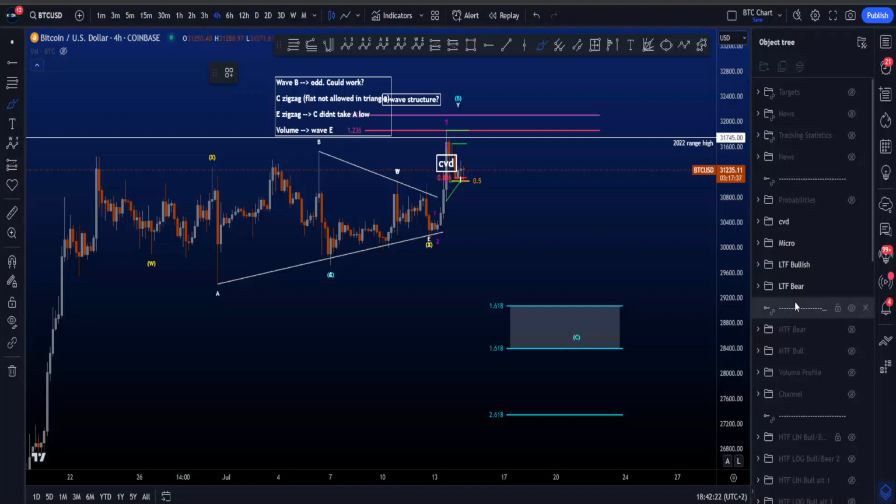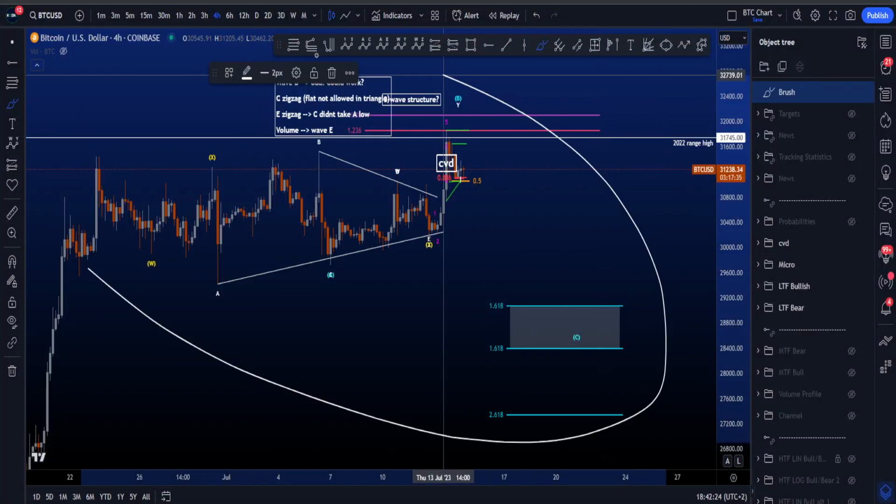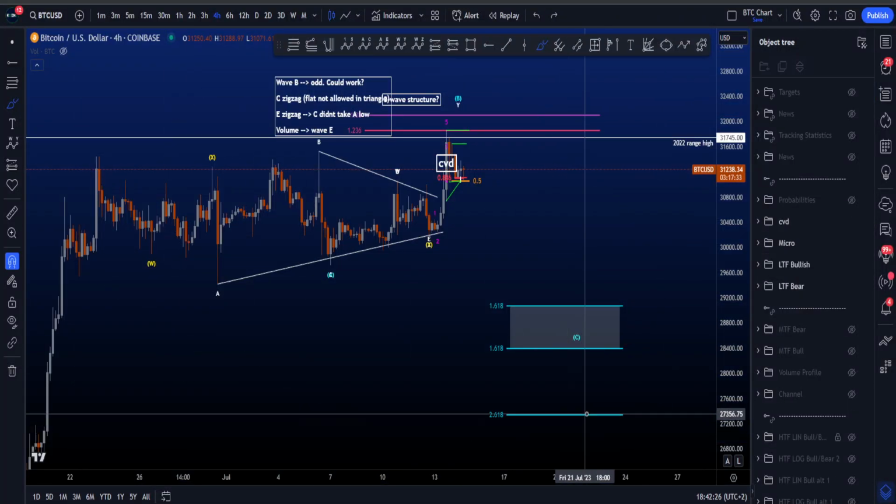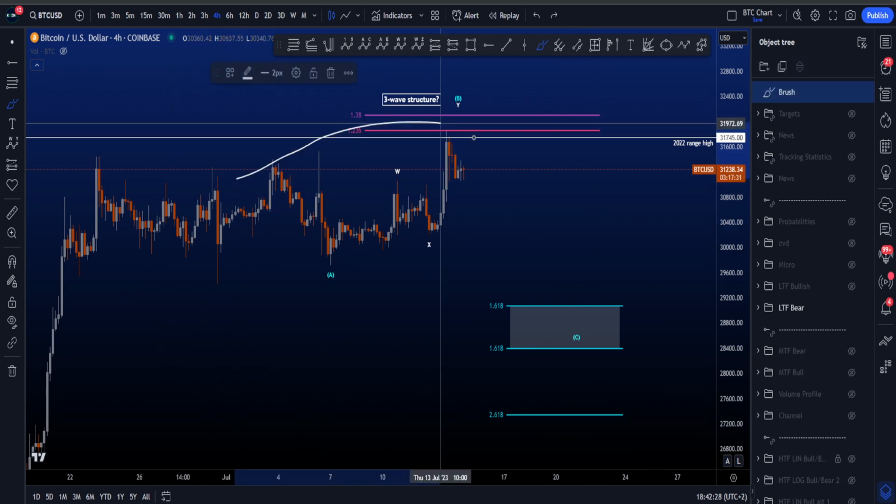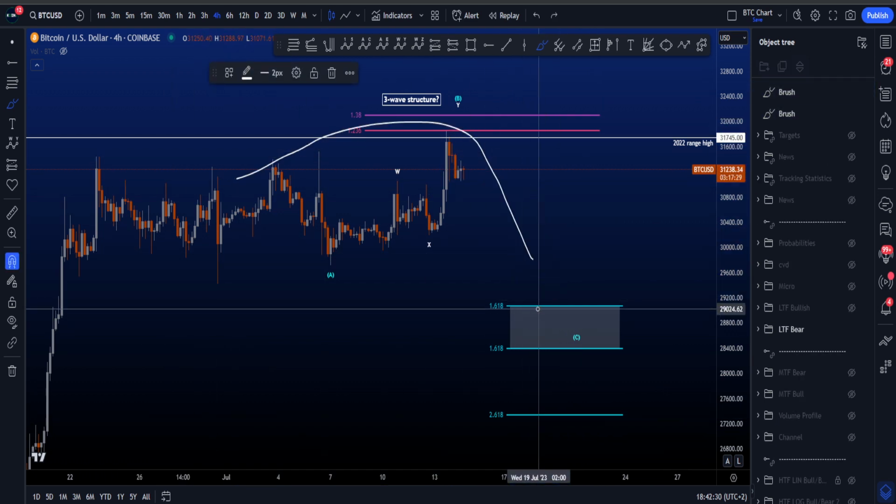Hi everyone, let's go over my low time frame and micro bullish and bearish Elliott Wave scenarios on Bitcoin. Starting with the low time frame bearish scenario, where we still expect a move to the downside in a wave